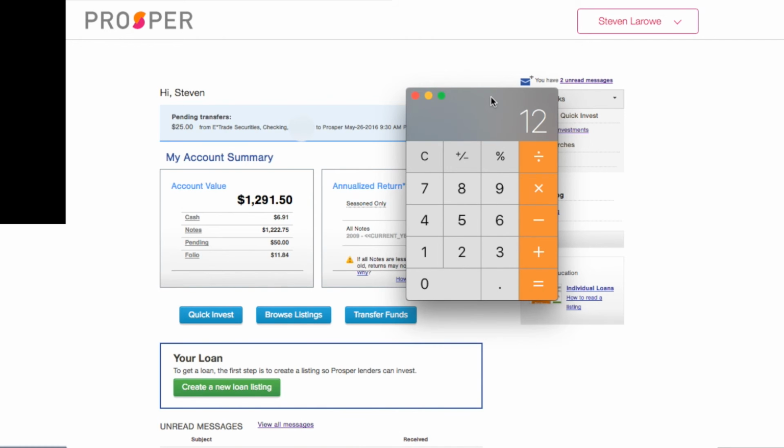And so then what you're getting at that point is your 400 plus the loan that Prosper just did. So 17 times 0.75. So now you're doing 17 loans at a minimum of at least 75 cents. Now it's $12.75. So it's going to be a little over 2 months